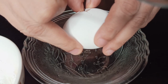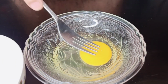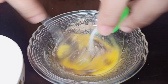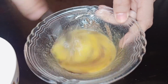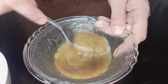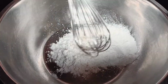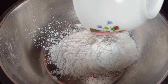In our small bowl, beat our egg, put our salt and pepper, beat it until all well combined. Set this aside. In our separate bowl, we need to put our all-purpose flour, our cornstarch,